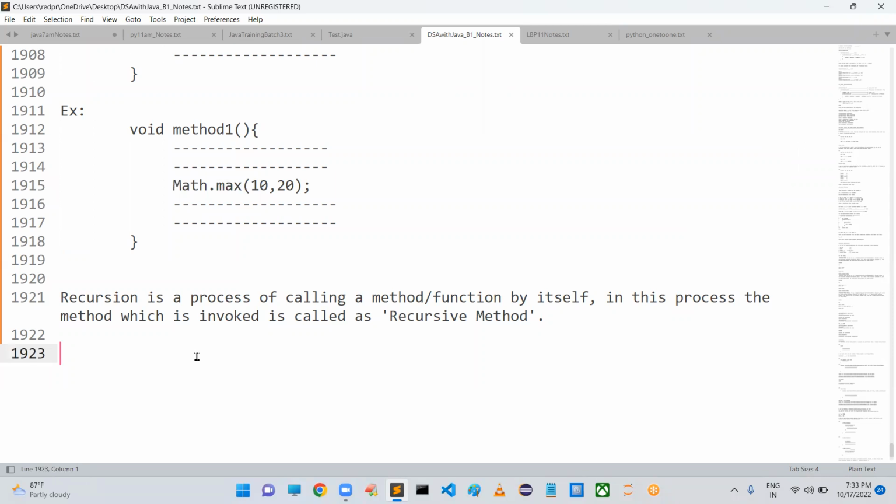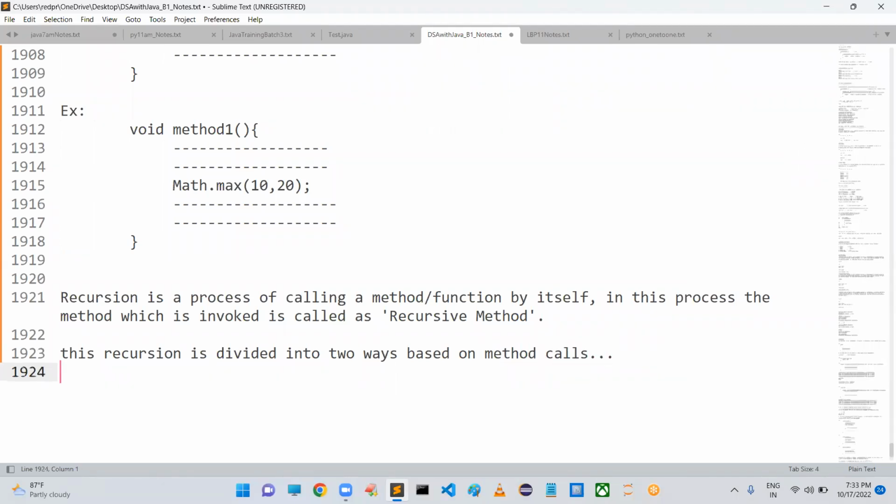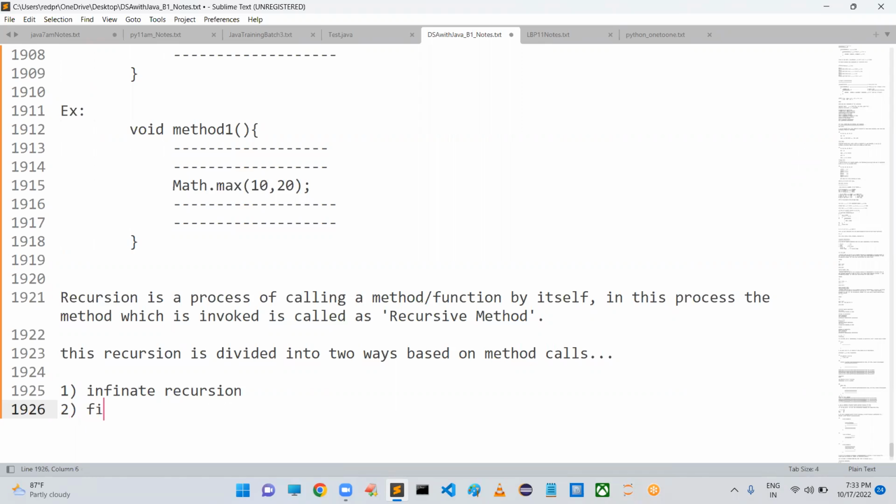Next point, sir, this recursion is divided into two types based on method calls. Type 1 is infinite recursion. The second one is finite recursion.